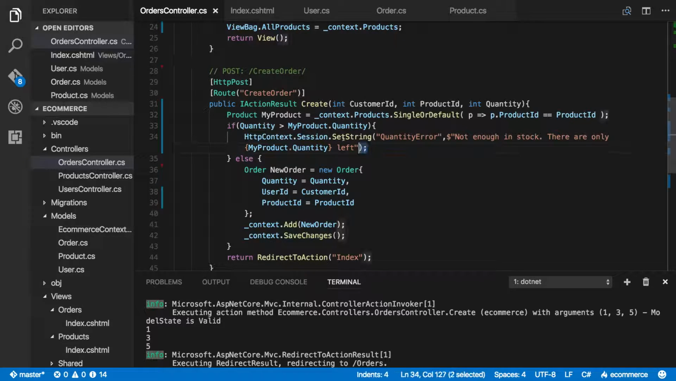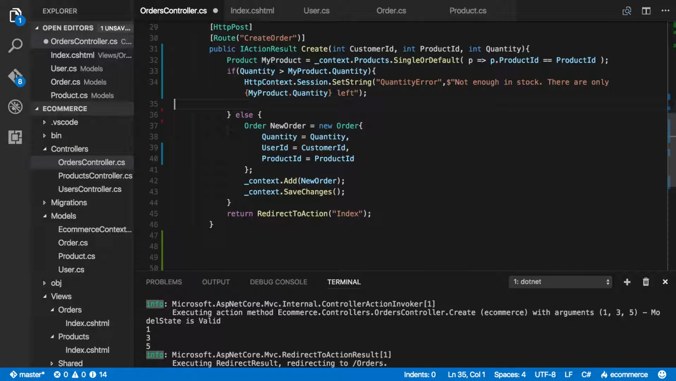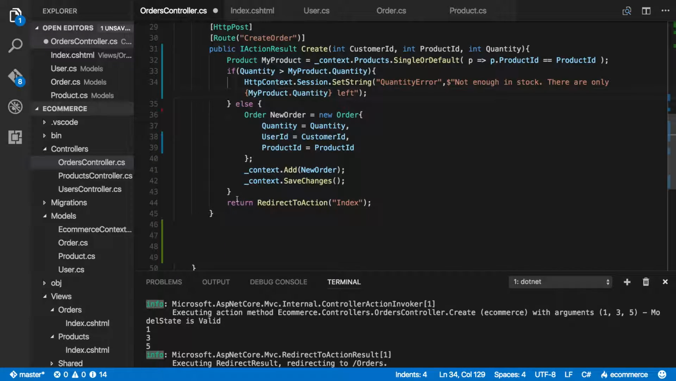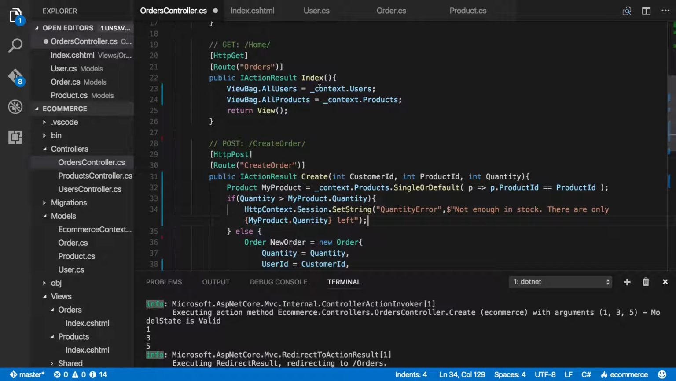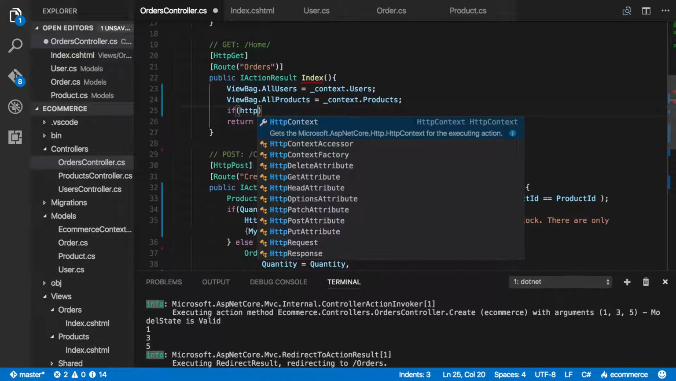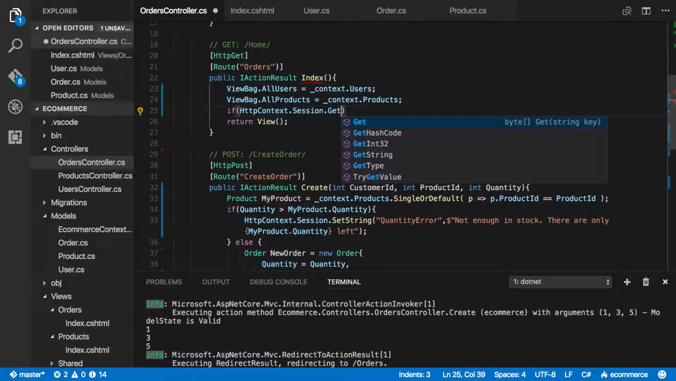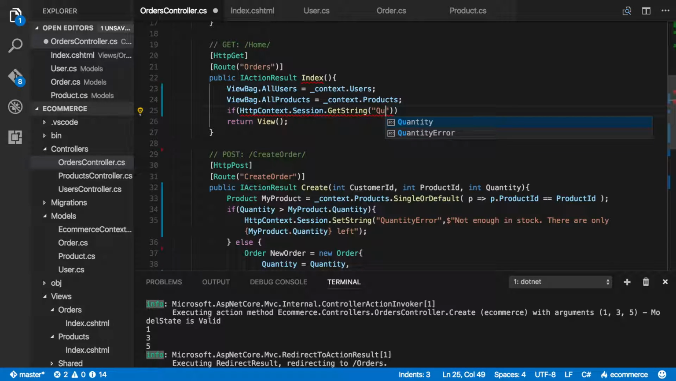So we just set string quantity error equal to this, right? Cool. And then we will skip this else and then return redirect index, right? So here we need to say if HttpContext.Session.GetString quantity error